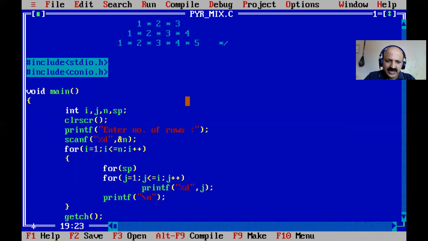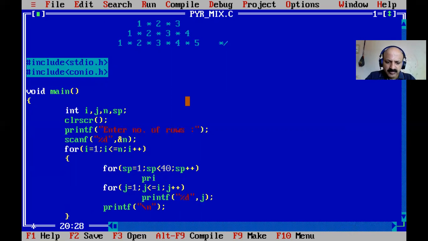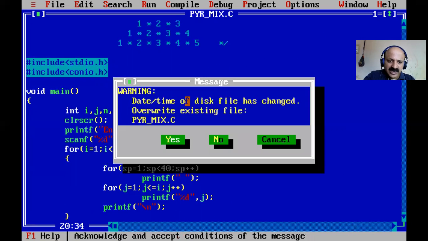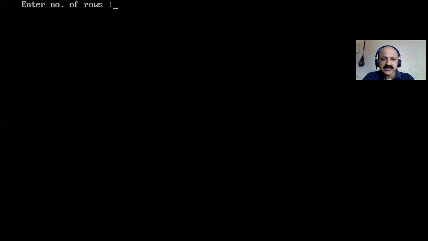So sp is a character variable, starting at 1, then sp less than, we can provide the middle part, 40. Our monitor screen is 80 columns, divided by 2, so that is 40, and then sp plus plus, and here provide one blank. So now, how does our triangle go there, in which place? That is the middle of the screen, and that shape is a right angle.